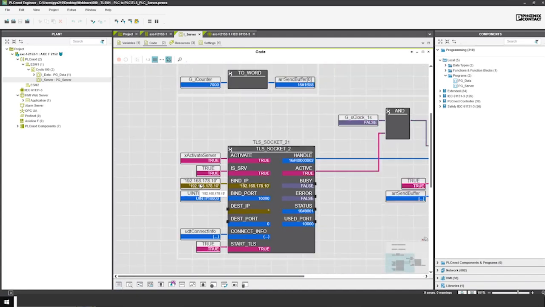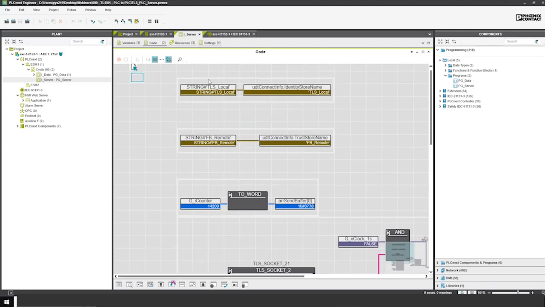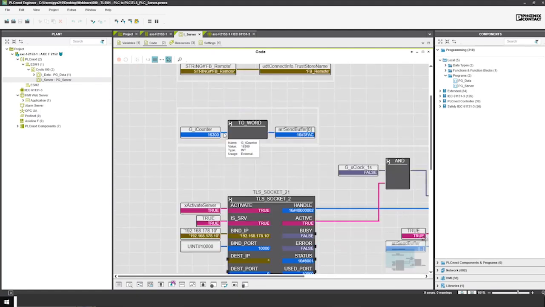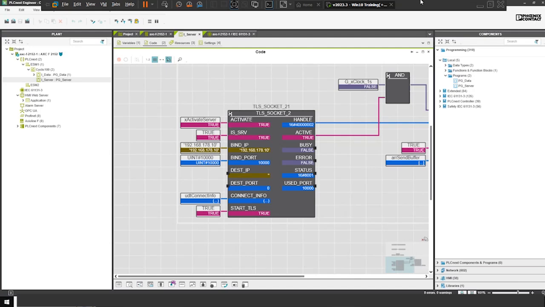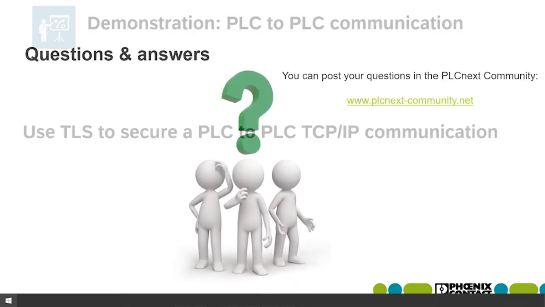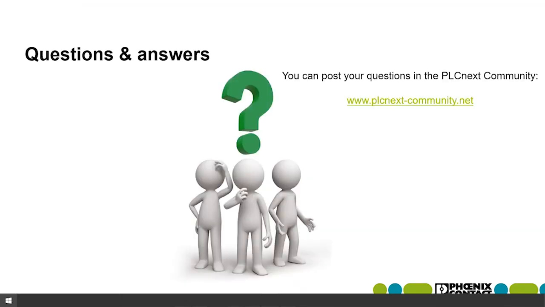Yeah. So basically, you create the certificates for both machines, and then you just install the certificates in the trust store and the identity store of both communication partners. Then you just specify the folder here, and with that set, you can just use TLS communication and send or exchange data between 2 PLCs really in an IEC 61131 program. Okay. So that was my last use case.